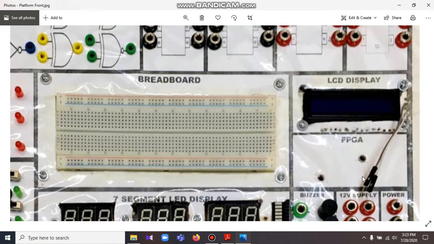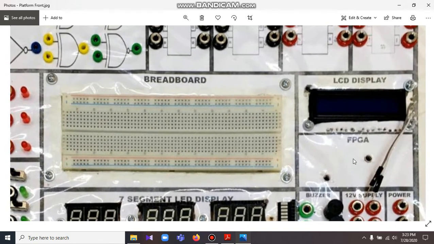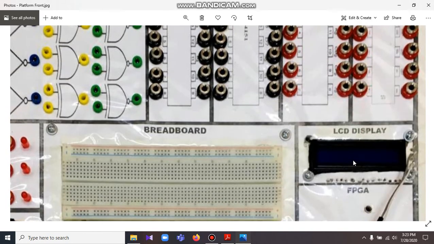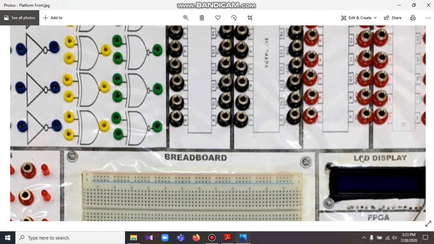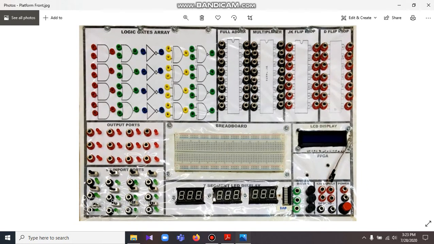And apart from that, we integrated the port for the space for the FPGA here, and above that we have the LCD display for the visual representation of any data, if there was any in the application tested on this board. So you can also refer to the previous video in this playlist to see the working functionality of this digital trainer board as well, and to see the output and the inputs, and how they are taken, and how these logic gates work.